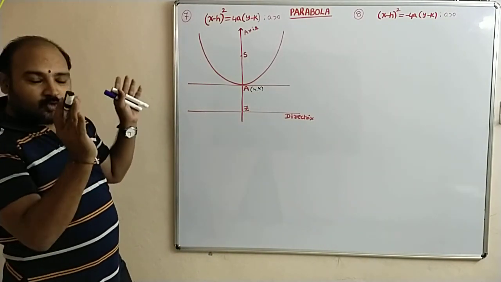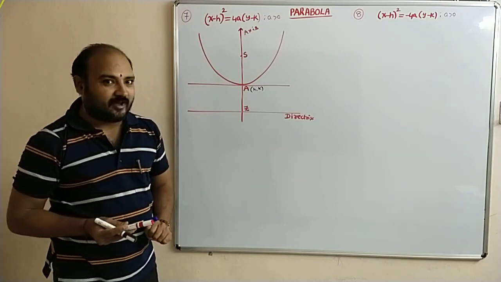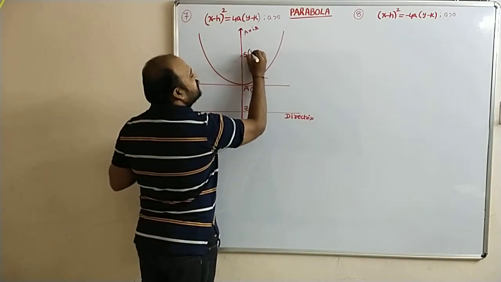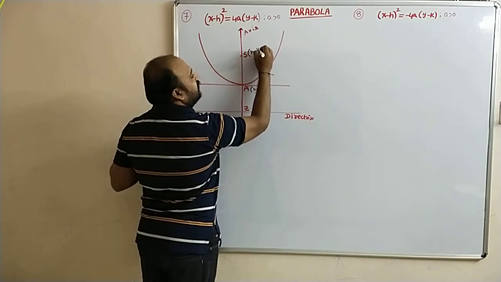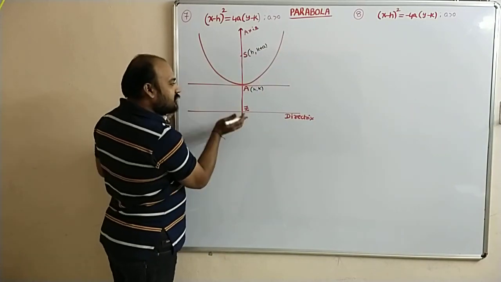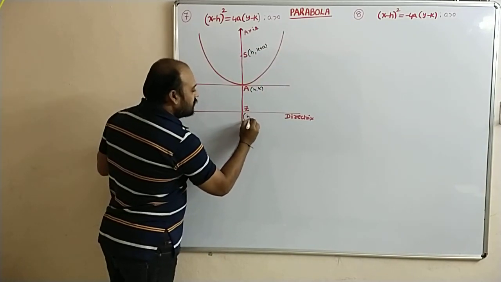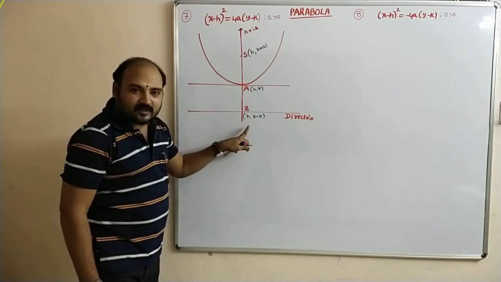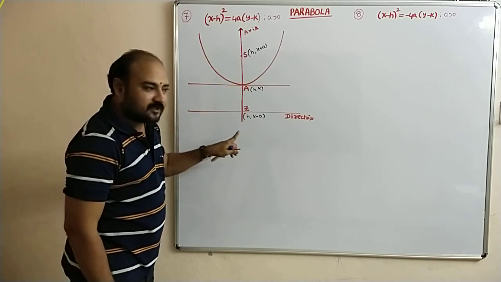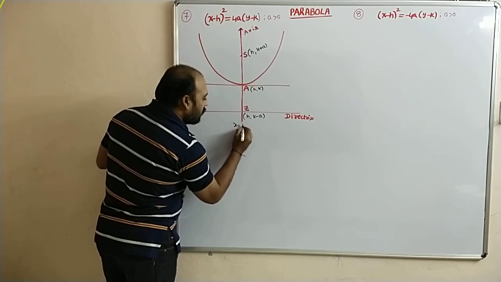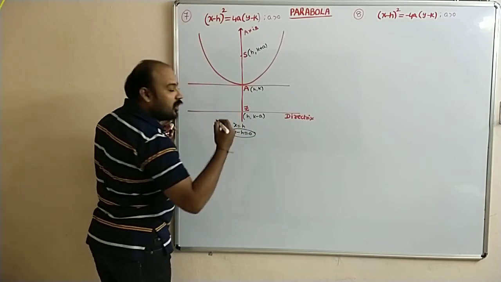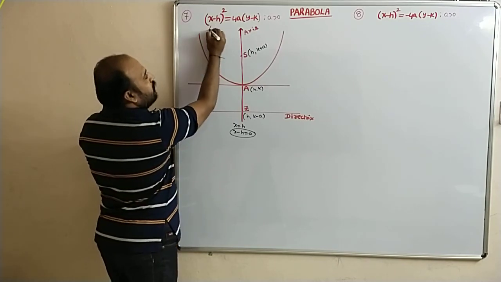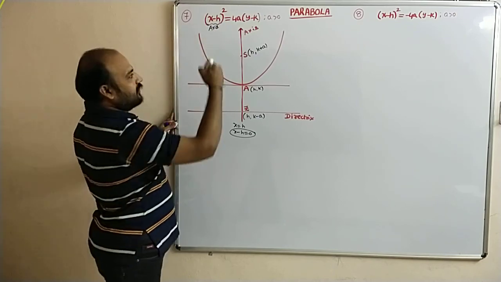And x square equal to 4ay. What is the focus of x square equal to 4ay? 0 comma a. For that we can add h comma k. So h plus 0 comma k plus a. Similarly, Z coordinates h comma k minus a. In these 3 points, which one is common? H. Which term is common? X. So x is equal to h. That means x minus h is equal to 0 is called axis of the parabola. You remember that this is axis.